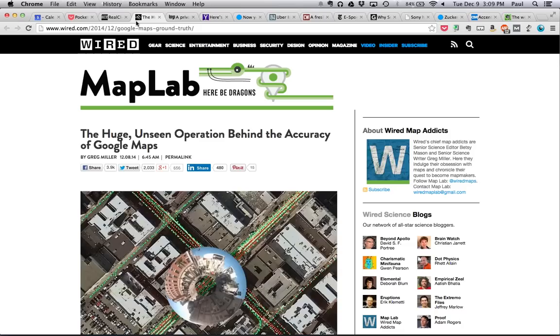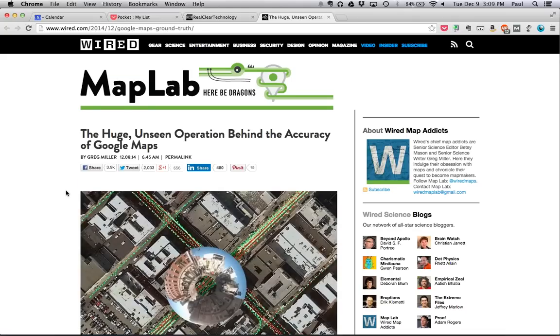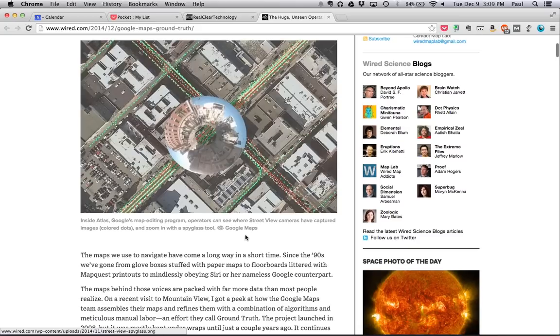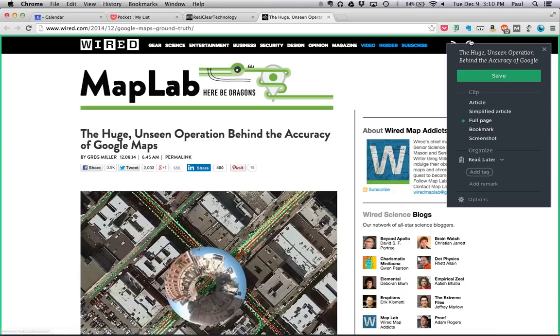Remember I said we were talking about saving articles for later? Let's say we take this article again, and I want to save this article for later on. Let me close some of these tabs because I get a little anxious if I get too many tabs here. Some people love it. I used to have way too many tabs open all the time, and then it just got a little overwhelming. If you want to save this article for later using Evernote, there are Evernote extensions or add-ons for Firefox. There's an extension for Chrome, as I have up here. I can just click on this right here, and I can save this for later.